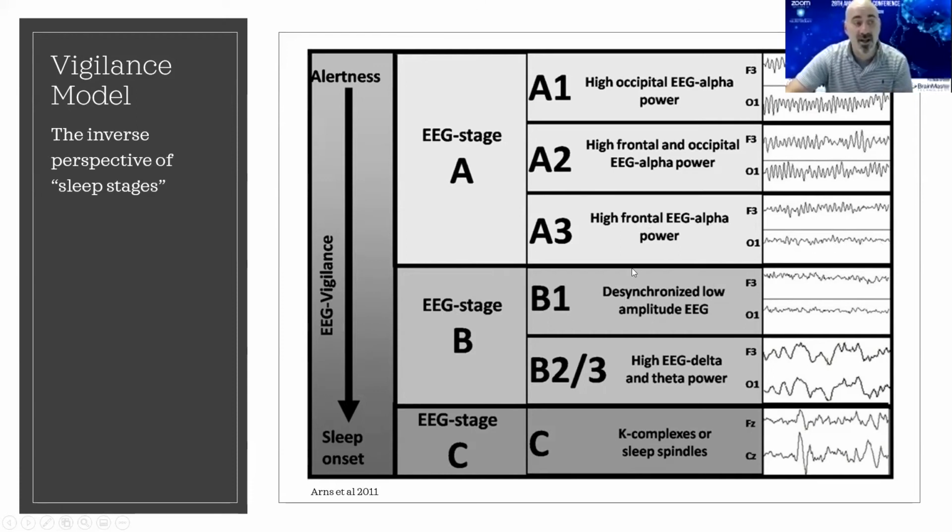B1 is a desynchronized low amplitude EEG, and we're going to look at this closer in just a moment. B2 and B3, we see the rise of excess theta and delta as the brain is moving closer and closer to sleep. And here in stage C, with the K complex, which actually comes from a specific wave that we see. If the person is really getting deep into drowsing and you knock on your desk, you'll see the elicitation of this particular wave seen here. And now we see the emergence of sleep spindles. And this is where, in fact, sleep onset really begins.